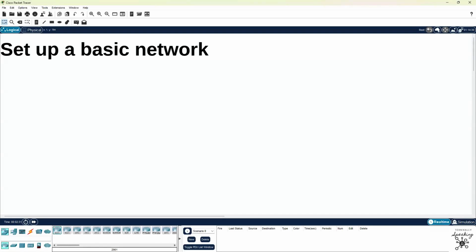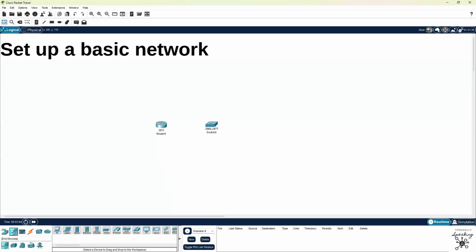Okay, so 1 router. We're going to drag and drop the following devices into the workspace. So we have 1 router, 1 switch, and 2 PCs. Let's get our router, a 2811 right here. All right. And then we have 1 switch. Let's go down, click on switch category, and the 2960 right here. Let's put the switch right here. Then we need 2 PCs.